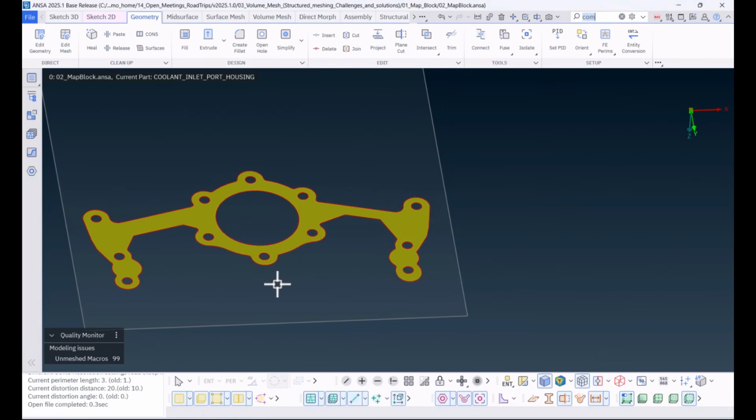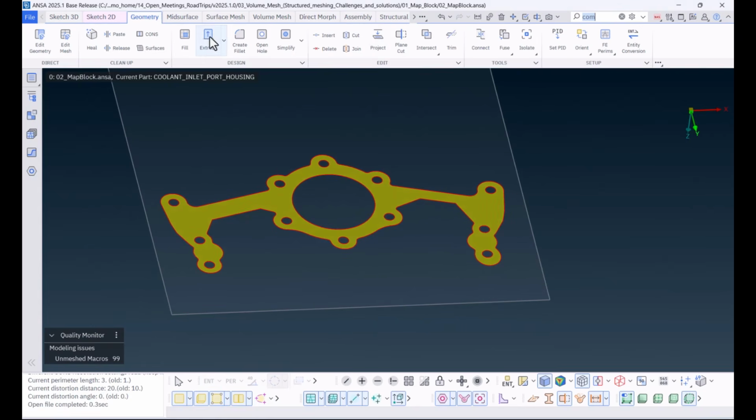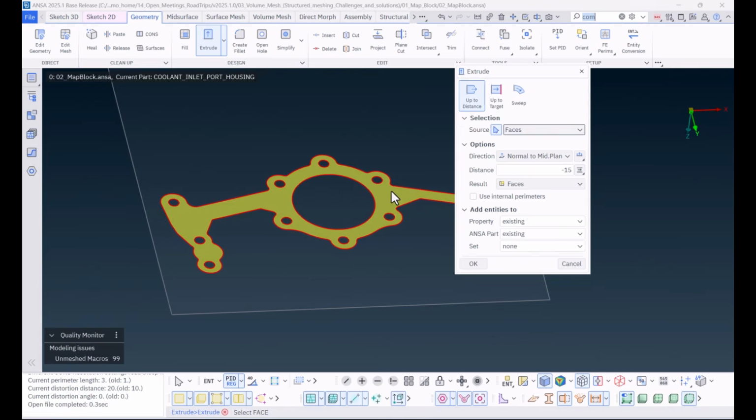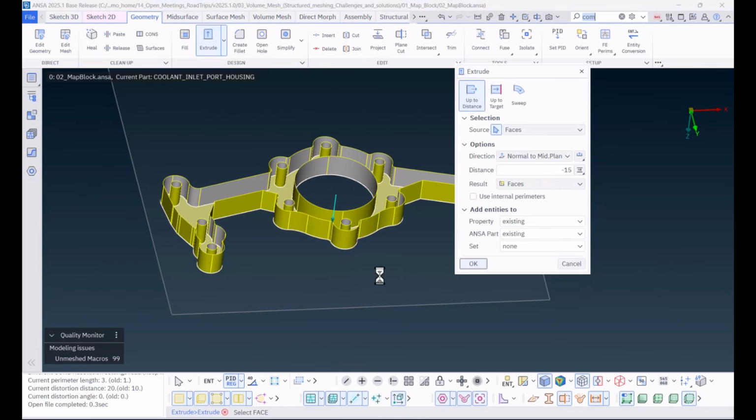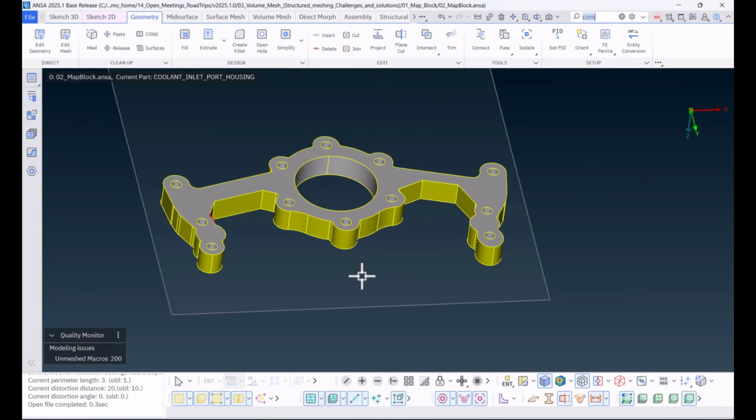Finally, select Extrude with source option set to faces, type in the desired distance, and pick the whole model. Also, make sure to execute Orient, gray outside.